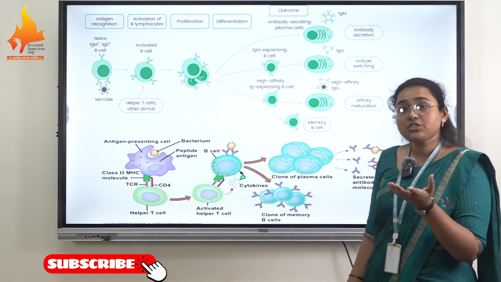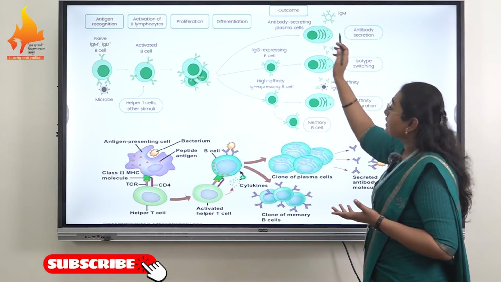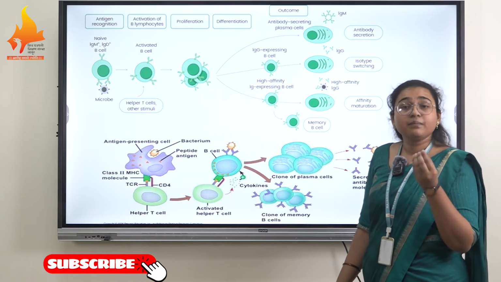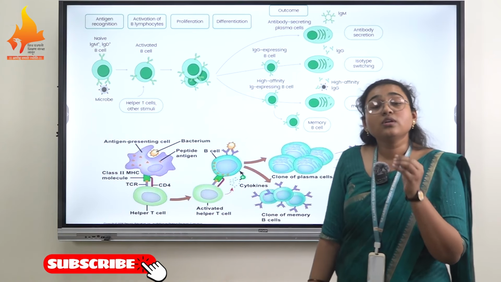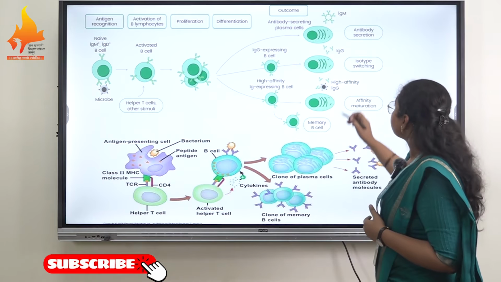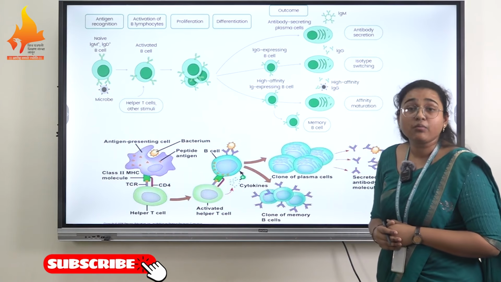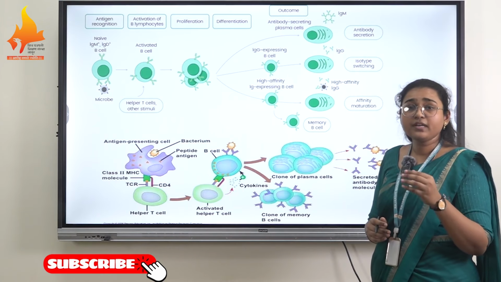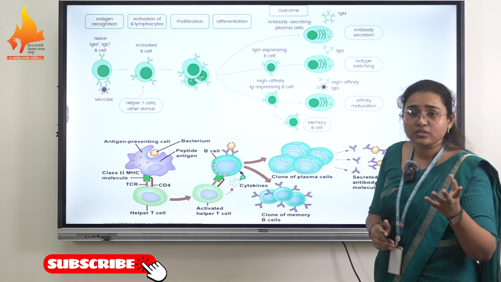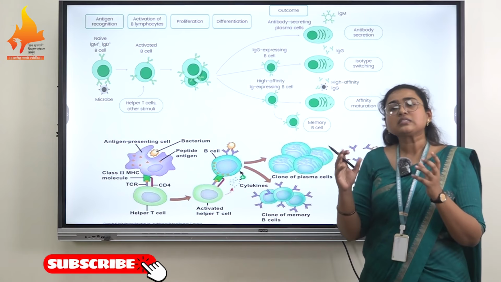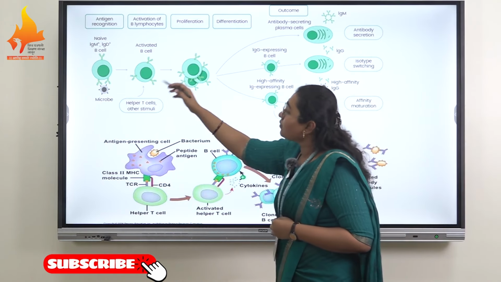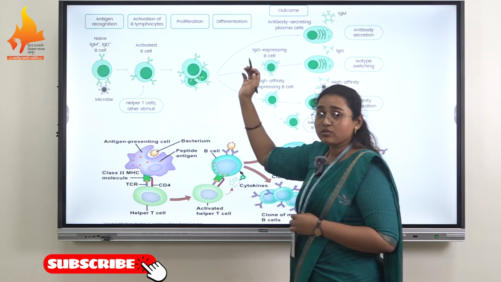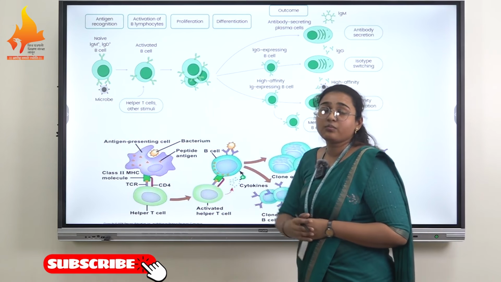After clonal selection and clonal proliferation, there is a generation of B plasma cells, and these are called clone B plasma cells, which produce a single type of antibody, complementary to that specific pathogen. So consider that an X pathogen has entered the body, and inside the body there is production of different types of cells, different types of lymphocytes.